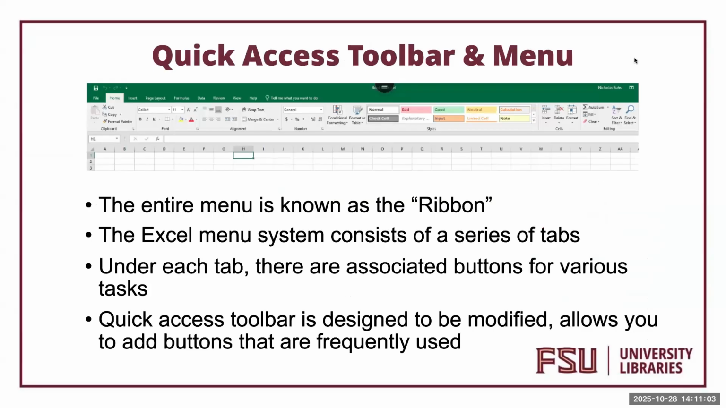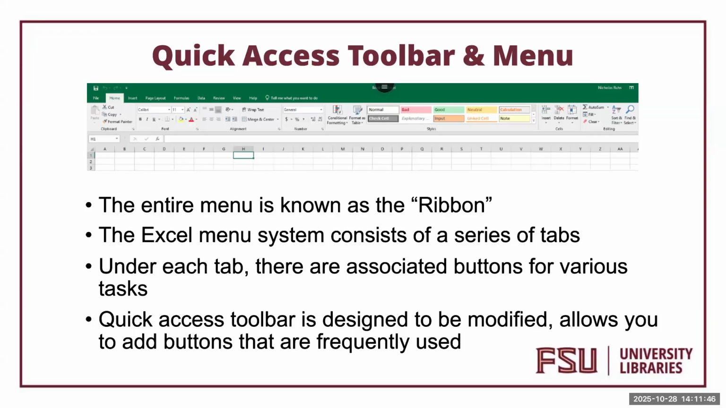And then one really interesting part of the Excel interface that I'll talk about again briefly when we actually get into looking at the software is something called the Quick Access Toolbar. So the menu system at the top is known as the ribbon. And this menu consists of a series of tabs, such as your file, home, insert, data, etc. And under each tab, there are a number of buttons that allow you to perform various tasks or edit the